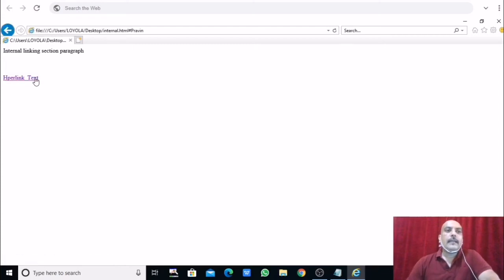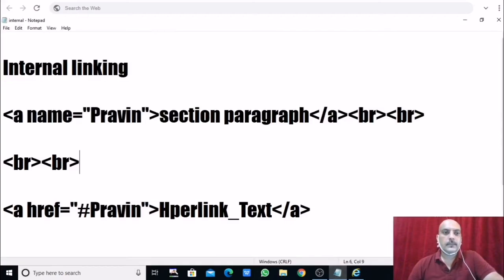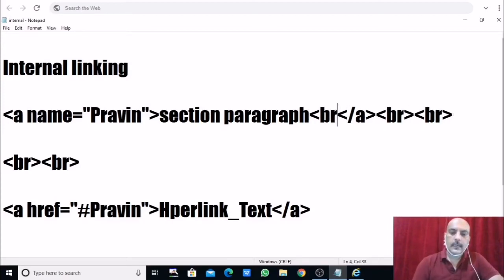So here is the hyperlink text. When you click it, you will not be able to see the difference, so it is better to write something more over here. After this write BR.